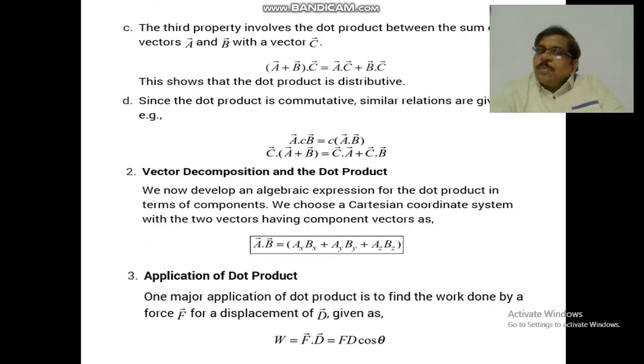And vector decomposition of a dot product. Now we develop